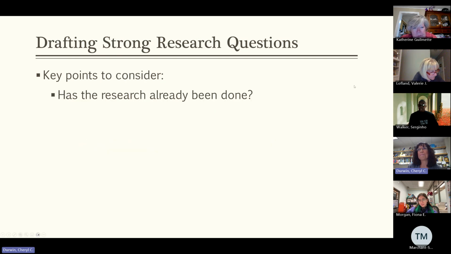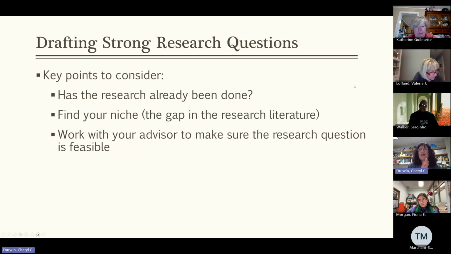Okay, so just putting that up there. Now we can't talk specifically about developing strong research questions. It's going to be specific to everyone's discipline. But there are some things that you want to keep in mind. Has the research been done already, right? I think that's a really good example that you brought up, about your doctoral research, like it hasn't been done already, right? So you can develop a